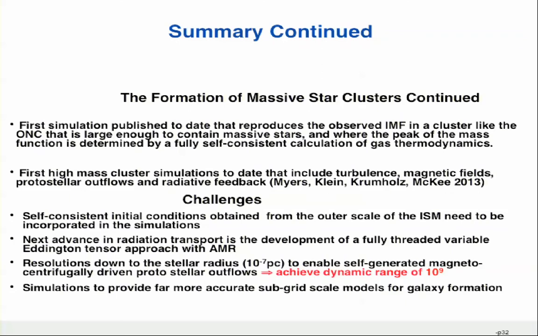And that's where you start dealing with a total dynamic range of a factor of 1 billion. These types of solutions can then provide far more accurate subgrid scale models back up to the higher scales of galaxy formation. And as I said yesterday, an approach to this would be to have those simulations improved by our supplying far more accurate subgrid scale models, with which they can then redo their simulations and improve our initial conditions at the outer scale. And with that, I'll end.